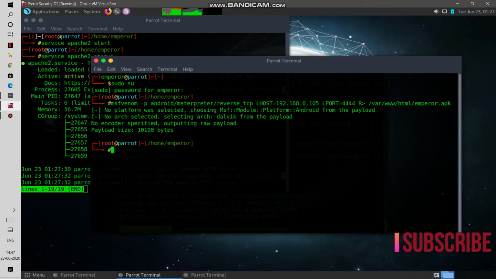Now we get back to this terminal, type msfconsole. Now the Metasploit framework will start running here. Give it some time to load, because it is a huge piece of software. It takes some time to start. msfconsole is running here. We can see it starting the Metasploit framework console.